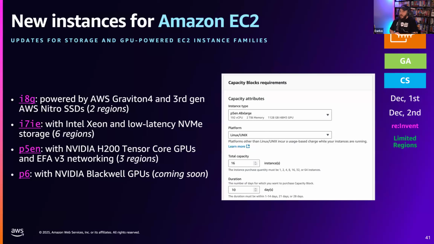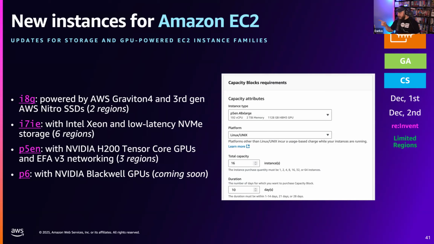P5en. It's an NVIDIA H200 Tensor Core GPU. So these are specific EC2 instances that have incredible network throughput. They have a brand new v3 EFA, Elastic Fabric Adapter, attached to them, and a bunch of really interesting NVIDIA Tensor GPUs. For example, with the P5en instance, if I try to launch it right now, I can't. I think you need to reserve capacity. So they're really strong instances. It's like $87 an hour or something like that. So big instances, but for your data processing and machine learning workloads, amazing.